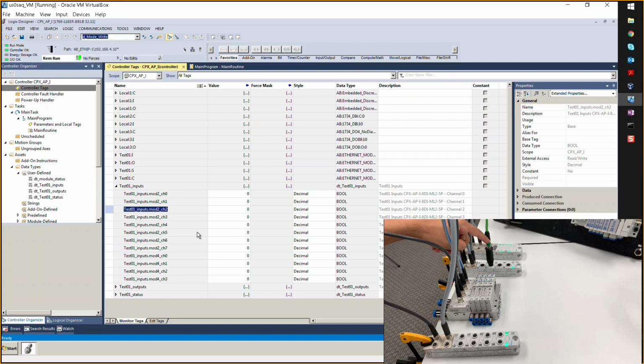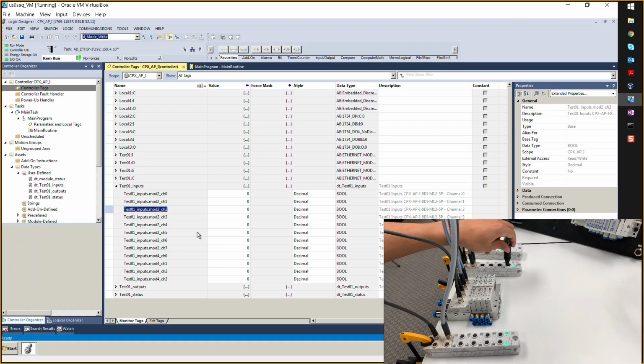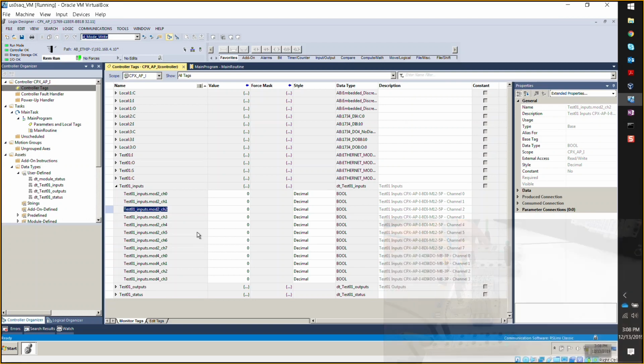Module 2, channel 4. Channel 4. Yep. Okay. So 0, 1, 2, 3, 4, 5, yeah. Channel 4, and then this should be channel 0, I believe. Yeah. Yep. Channel 0. Okay. So it points to the module that's being used, and then if you want to go to the outputs,